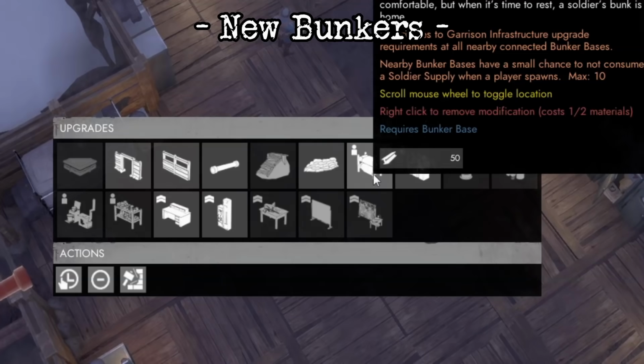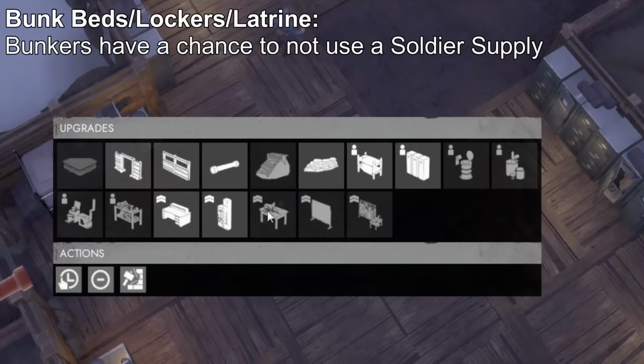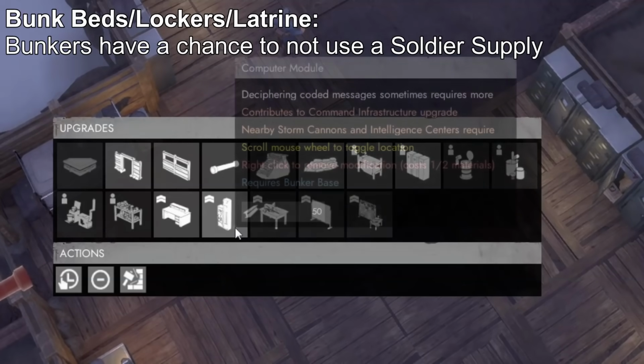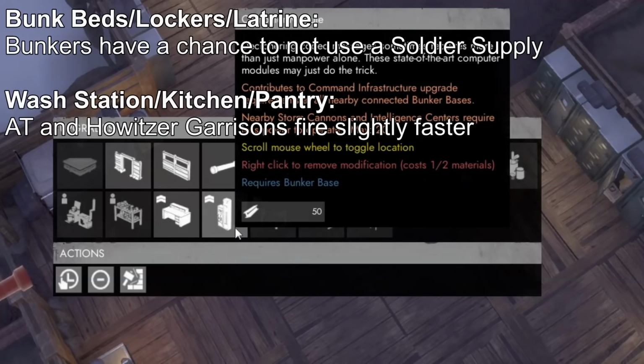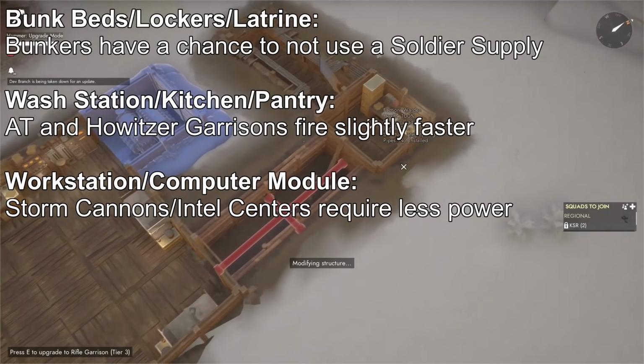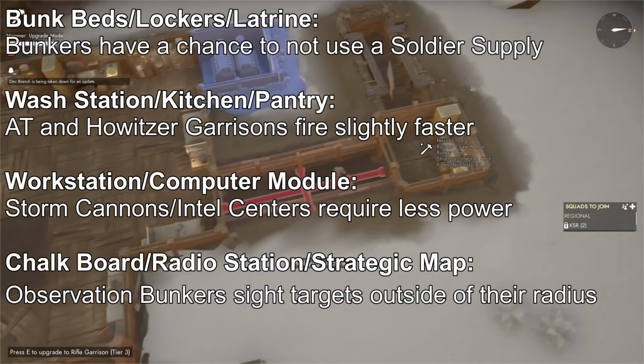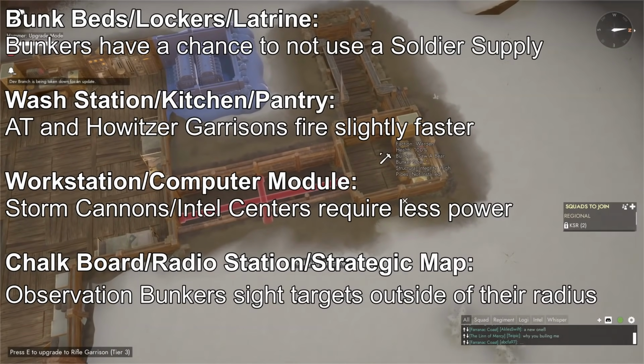Bunker modules or infrastructure can increase your bunker's ability. Things like bunk beds, lockers, and latrines give bunker bases a small chance not to consume soldier supplies when a soldier spawns in. Wash stations, kitchens, and pantries give anti-tank and howitzer garrisons slightly faster fire rates. Workstations and computer modules allow storm cannons and intelligence centers to take up less power to operate. And chalkboards, radio stations, and strategic maps give nearby observation towers the ability to sight targets a little bit beyond